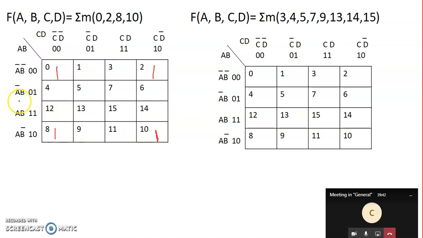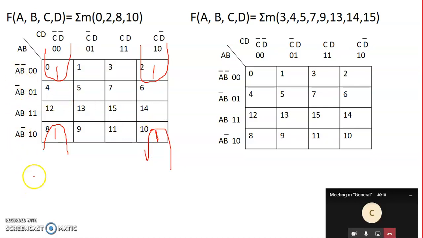As I already know, by folding the map into half, these two will come adjacent with these two. Again by folding the map into half vertically, all these 4 will come to one point. So all these 4 put together can be a single group. So I can make all these 4 in one group. When I make all these 4 in one group, what remains common in all these 4 cells?